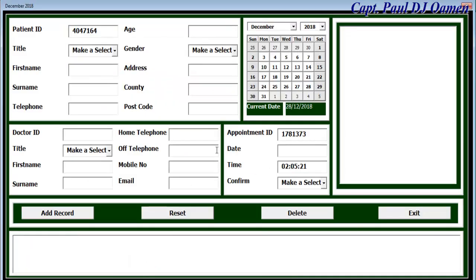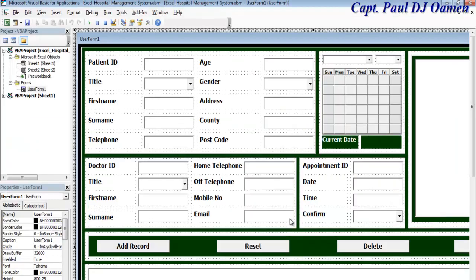Run that now and see. Okay, we have that in there and we have this there, so that is fine. We are almost there now. Alright, the next thing is to be able to use this button to add all of this data onto the form. Okay, reset is fine and exit is working. Alright,